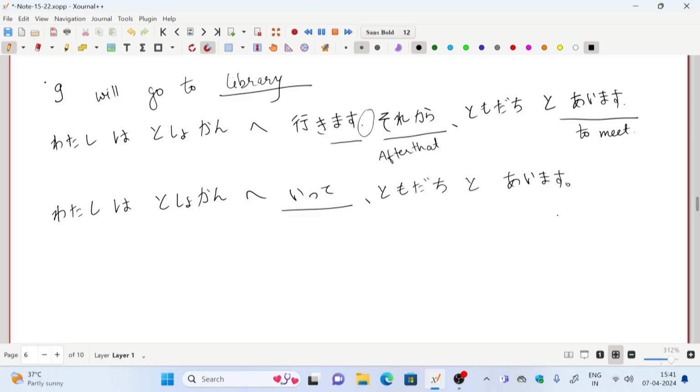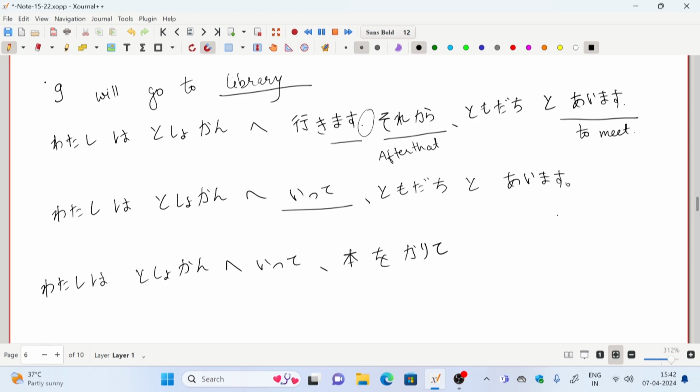If I say I'll go to library and I'll borrow a book and then I'll go for movie. So there are three things. I'm going to library first. So again, watashi wa toshokan e itte. I'll borrow a book. To borrow a book will be hon o karimasu. So karimasu will again change into te form, which is karite. So toshokan e itte, hon o karite,